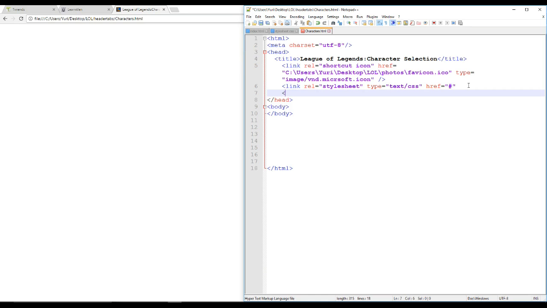Anyways, next thing to do is we're going to do meta name, like so, equals viewport with content is equal to width dash device dash width. This you'll see later on. Okay,